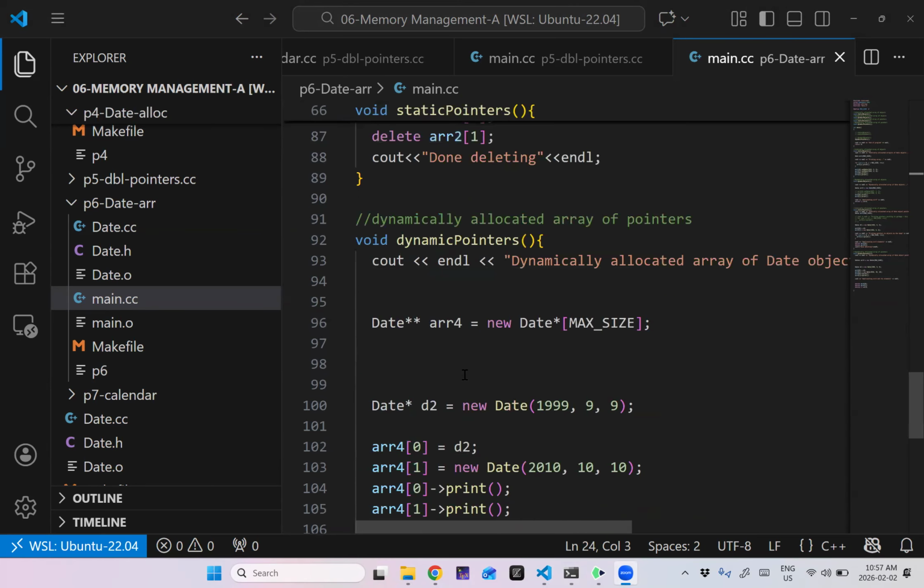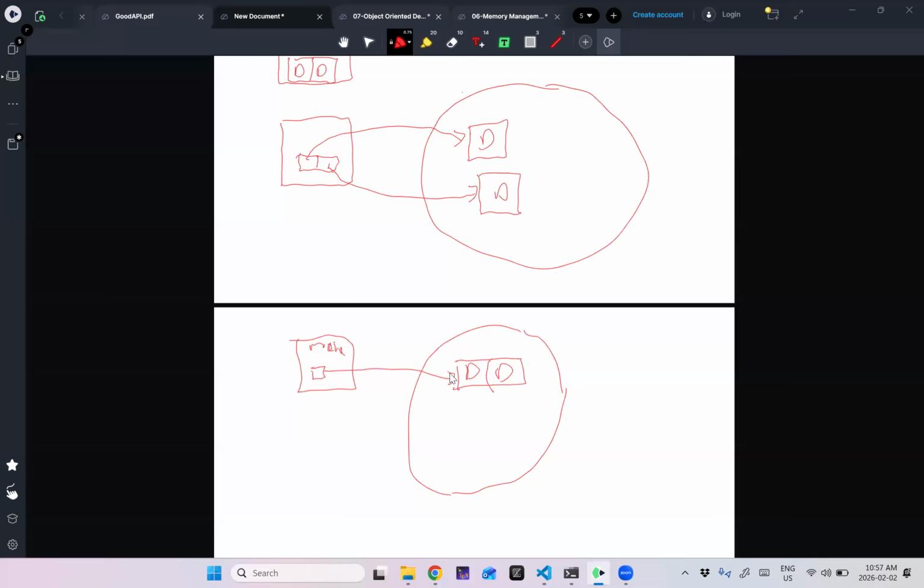Okay, so if we look at the diagram, it's going to be similar to this, but with a couple of changes. Instead of dates being stored inside my array, these are now pointers to dates that are stored outside the array. So now everything's on the heap, and arguably it's the most efficient way to handle memory.